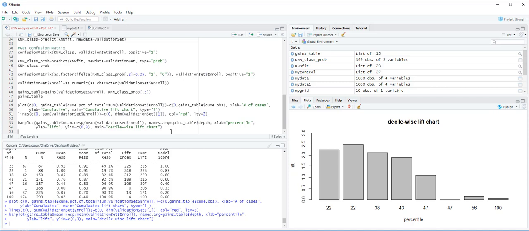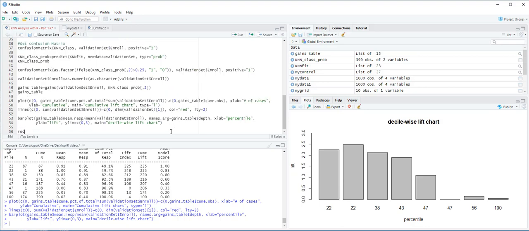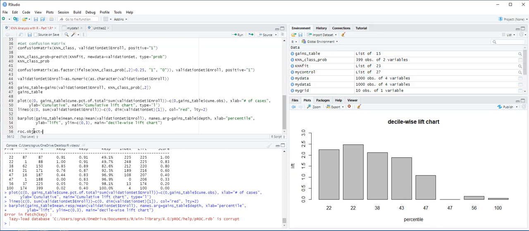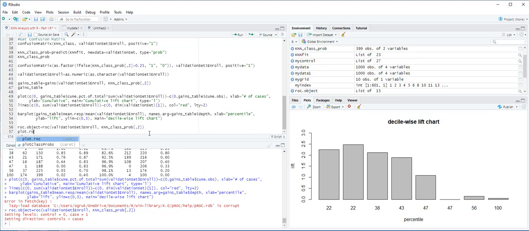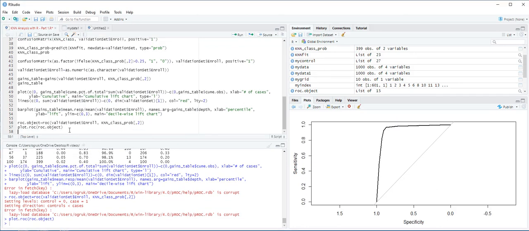And finally, we are going to plot a ROC curve. We use the roc function, which produces a ROC object that can be used to plot the ROC curve. We then use the plot.roc function to plot the ROC curve, and the auc function to retrieve the AUC value. So first let's create the ROC object. roc.object is equal to roc, validation set, and then choose enroll from there, and then KNN class prob. Again, we are going to choose the second column here, and then control enter. Now we are going to use plot.roc, control enter, and we will use auc